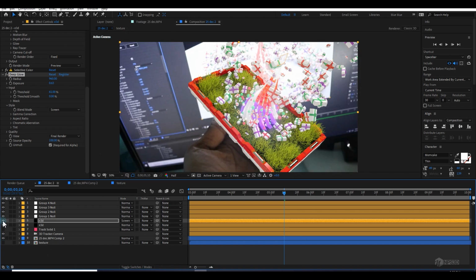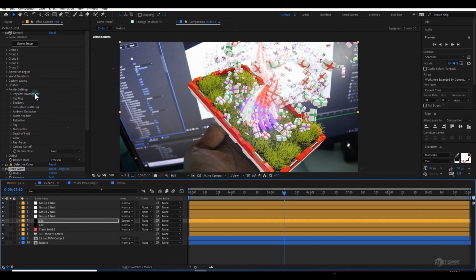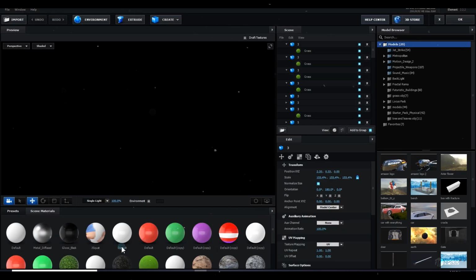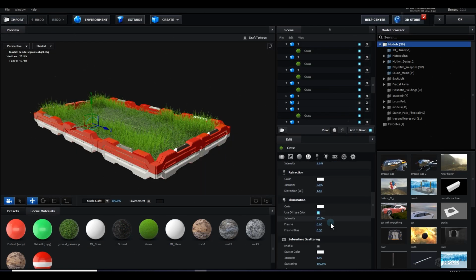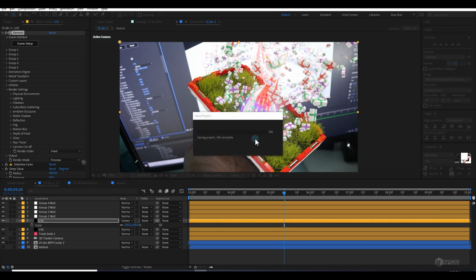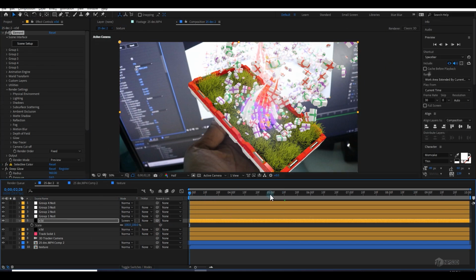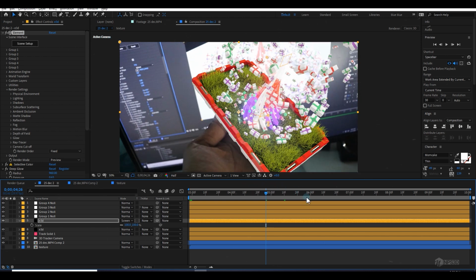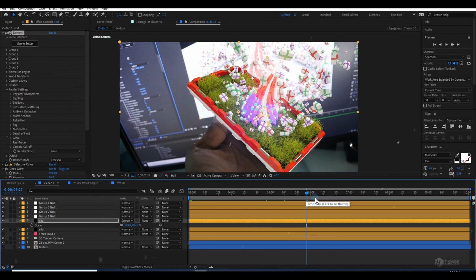This is before, this is after. If you don't want to light these grasses, make sure you are in illumination, Element 3D, go to the scene setup, and you can select the grass material and reduce it, like this. So you can see this is the idea of how I created my scene, and I will make a preview and show you.